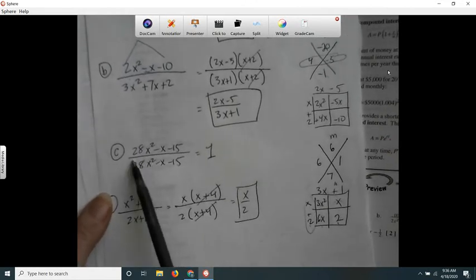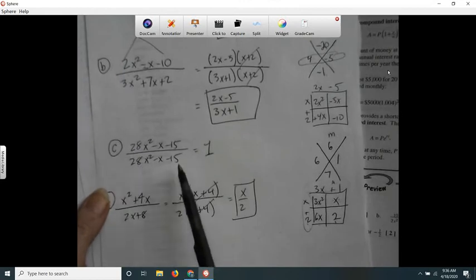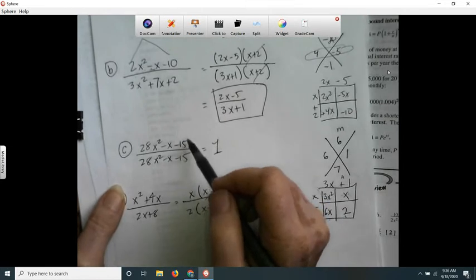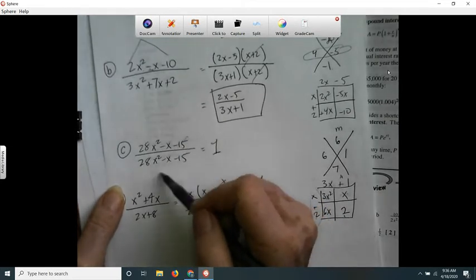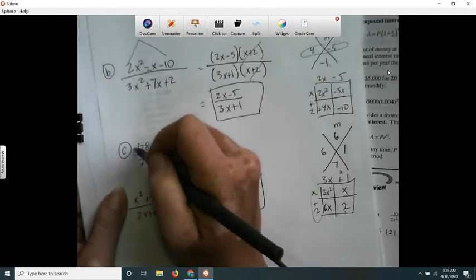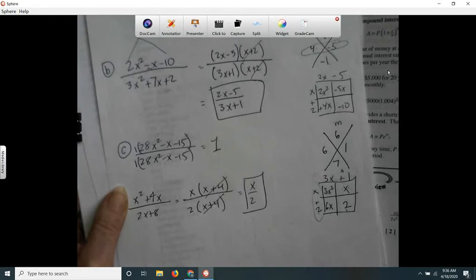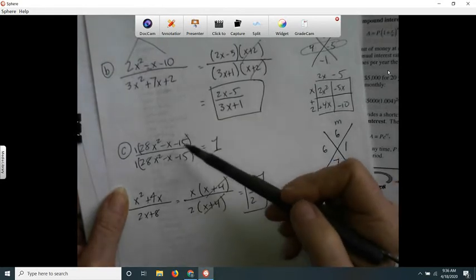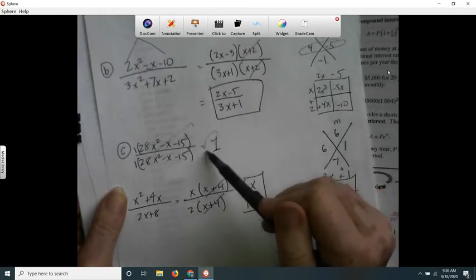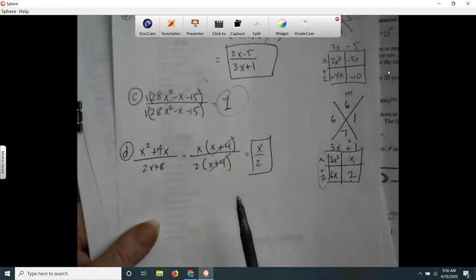but even though these are add-ins, not factors, I'm not thinking of it as 15 over 15, x over x. I'm thinking of it like this. Okay, since these are exactly the same, anything over itself is 1. So the answer is 1. That's supposed to be a 1. The answer is 1. And then this last one,